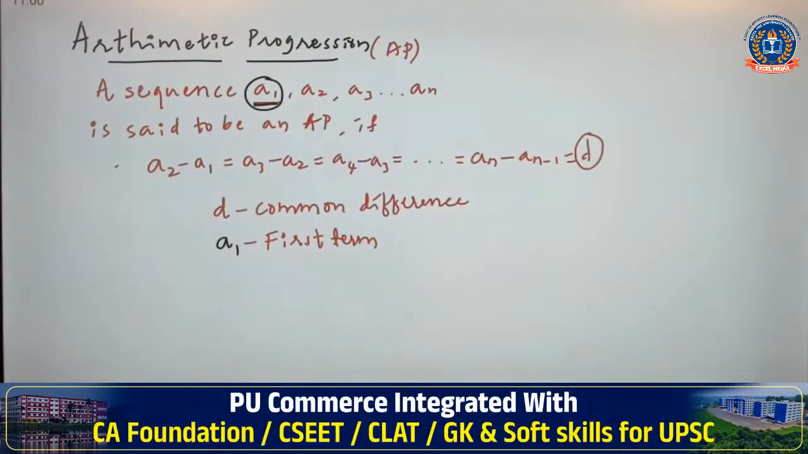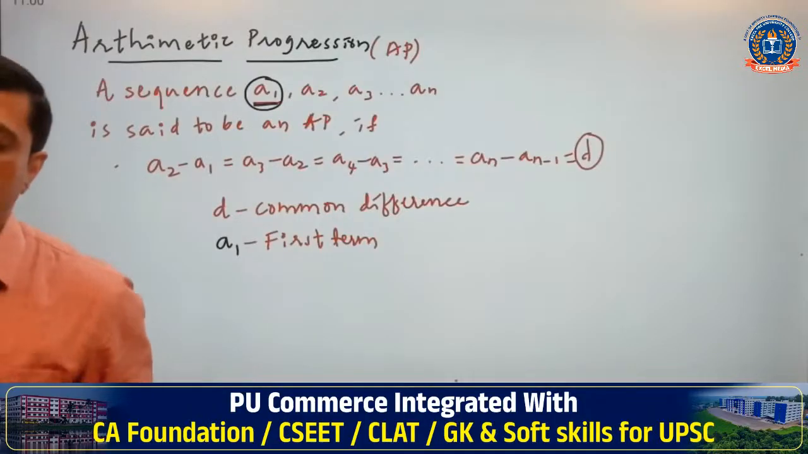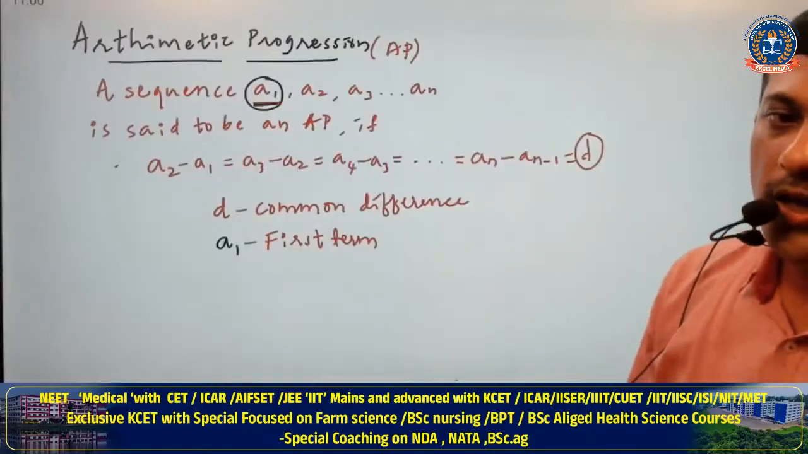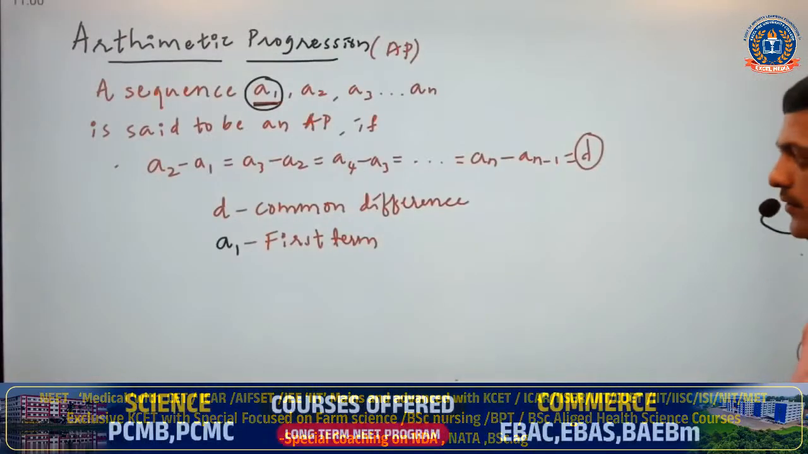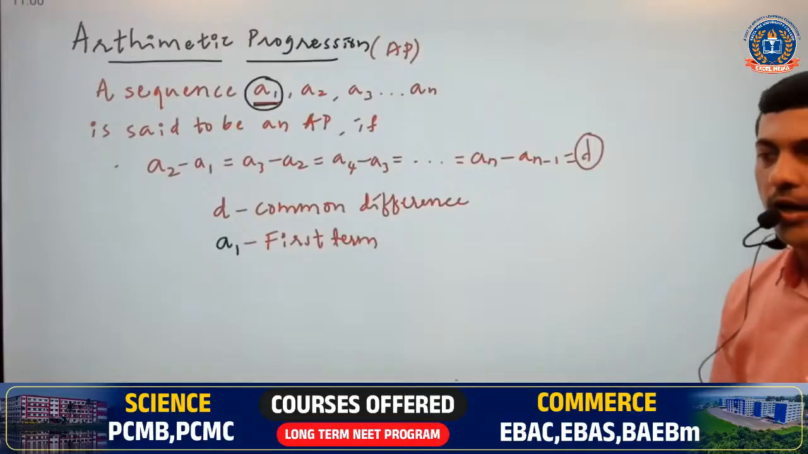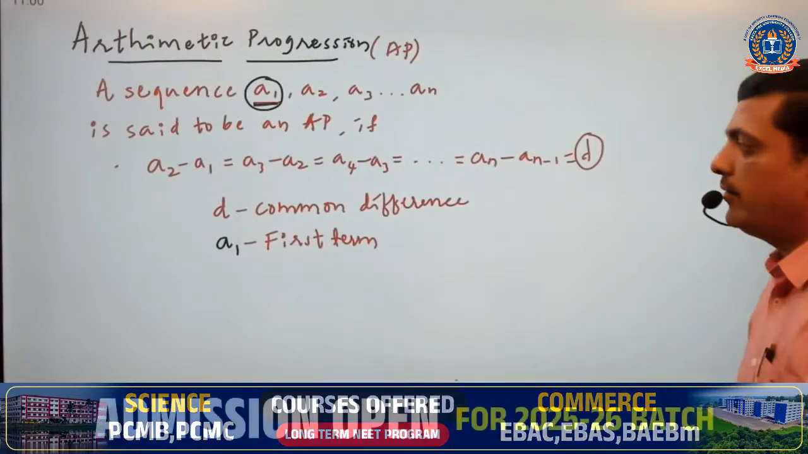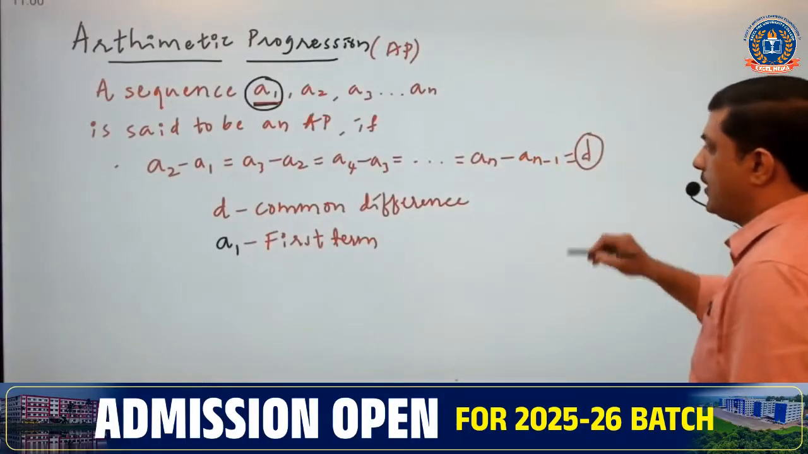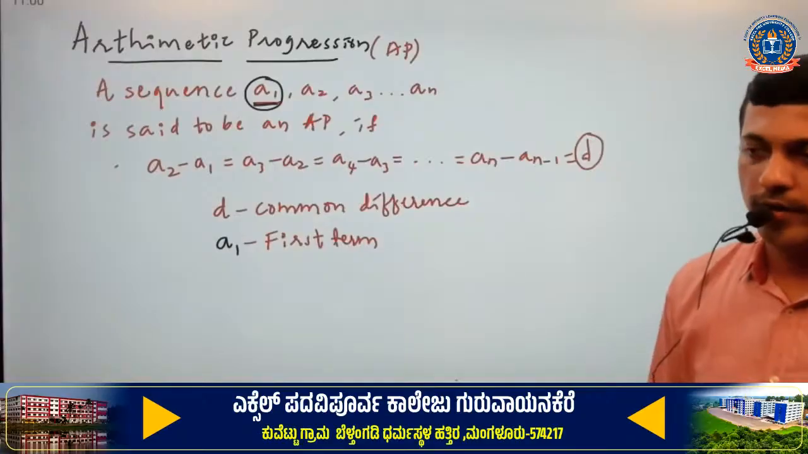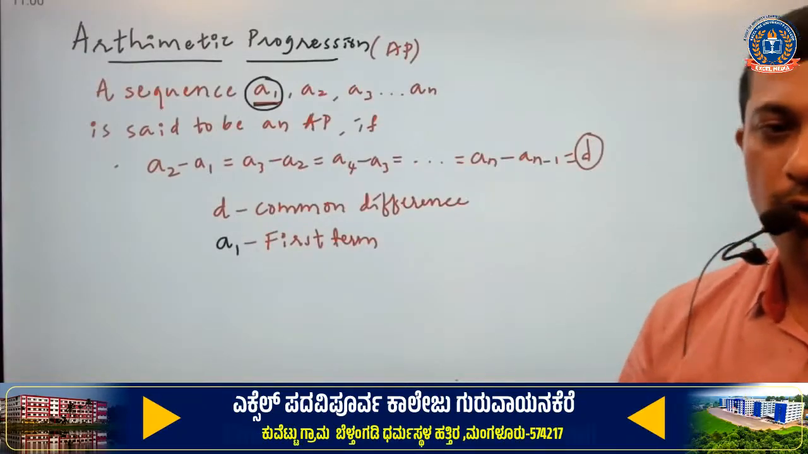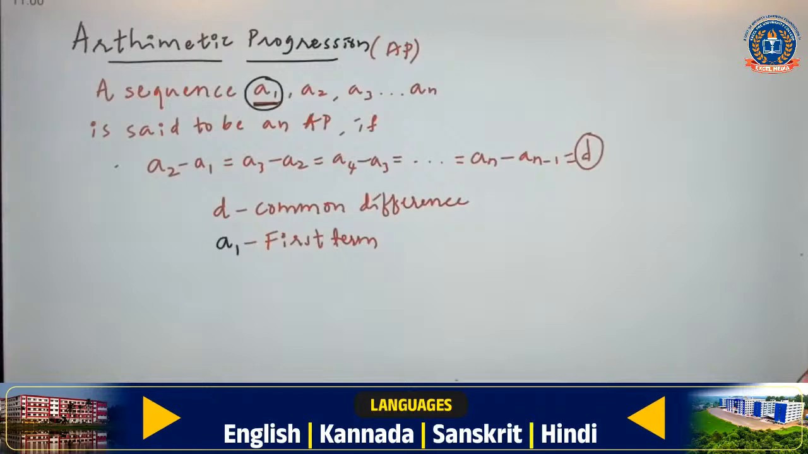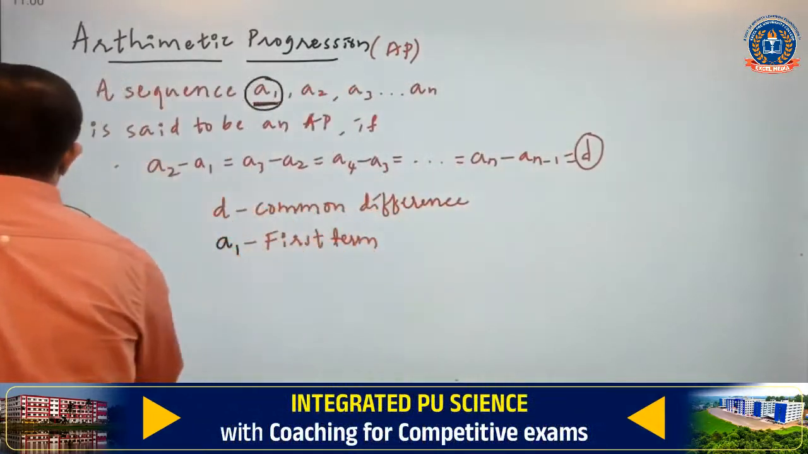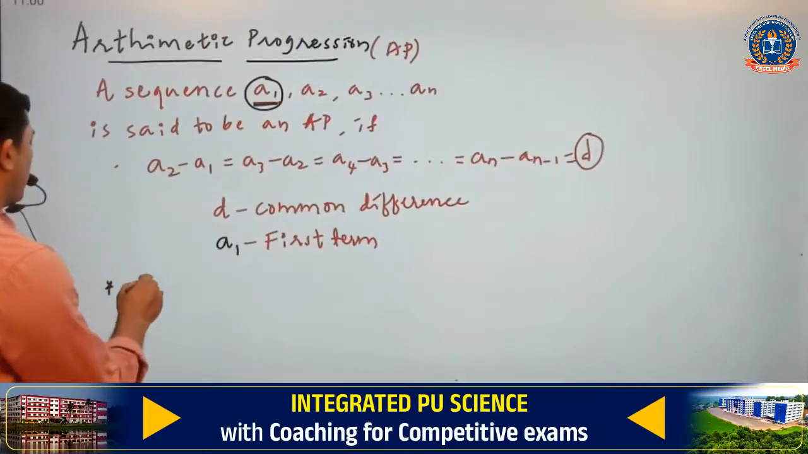This is what you need to understand. A sequence A1, A2, A3 and so on up to AN is called an arithmetic progression if the consecutive differences are the same, and D is called the common difference, and A1 is the first term. Okay, I know you have already read it up, but we have to work on the particular cases that I am writing. Now next we have to have an idea on